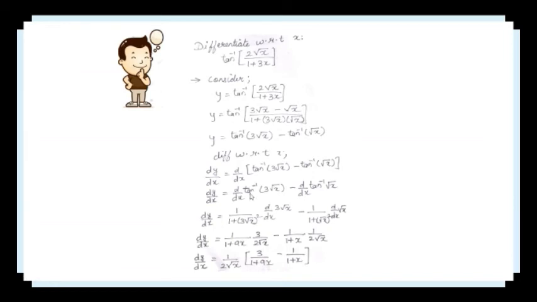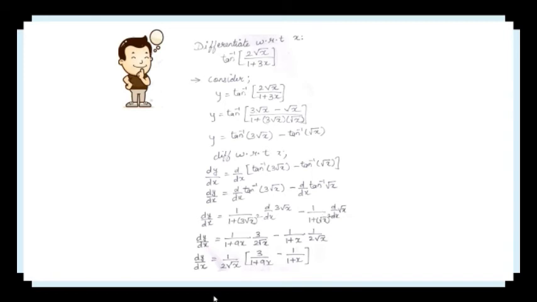So this will be tan inverse of f of x. We will be applying the formula: 1 upon 1 plus f of x square, again the derivative of f of x, composite function derivative. Then again tan inverse of root x will be 1 upon 1 plus root x square, again the derivative of